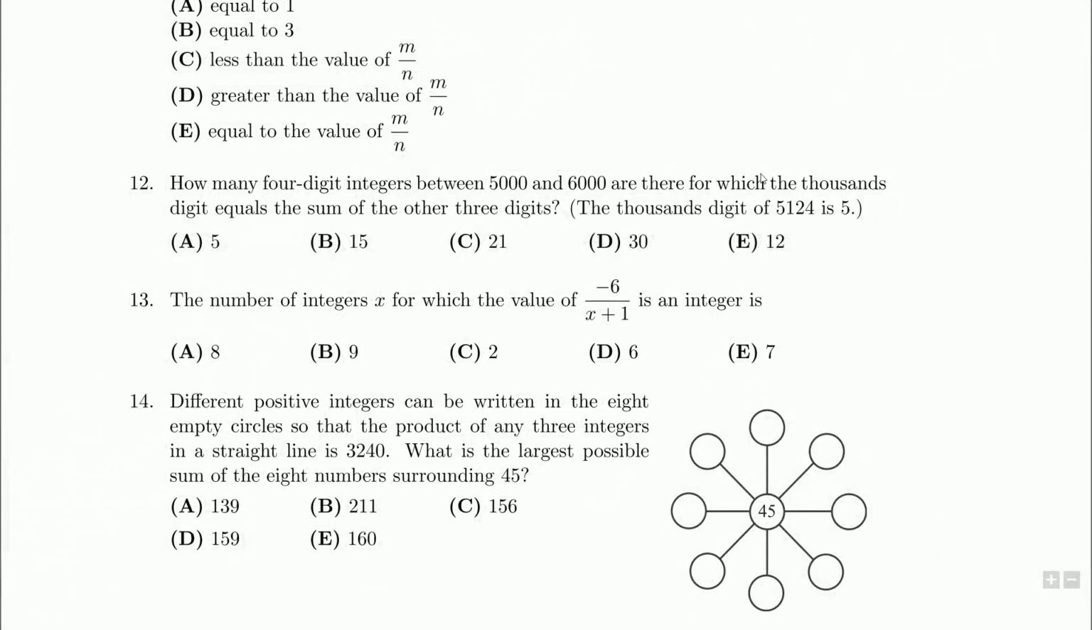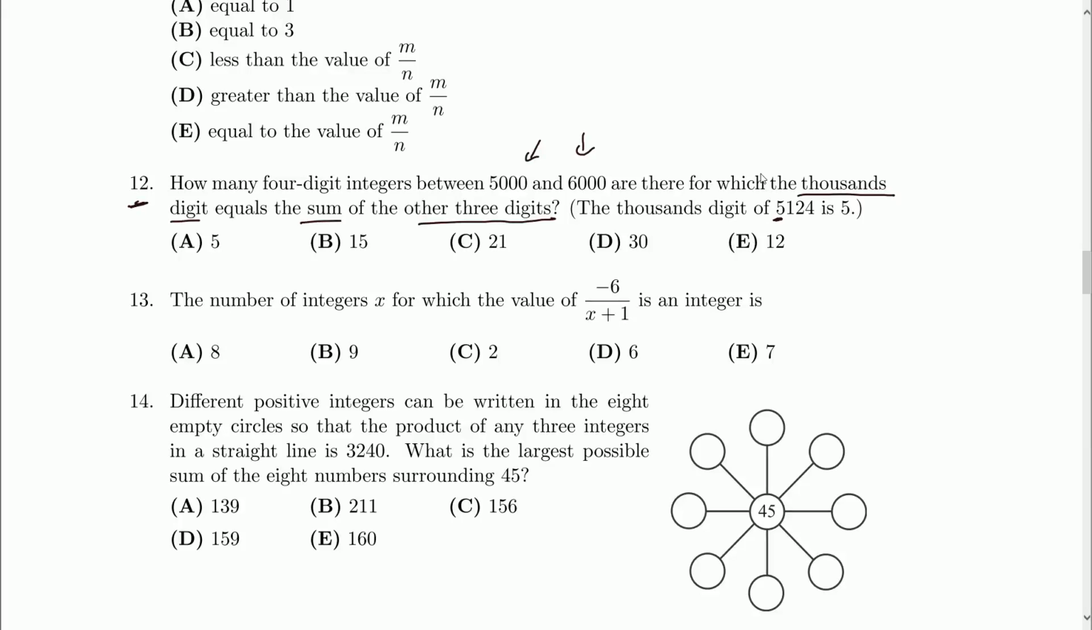We're looking at question 12 on our Fermat paper now. How many four-digit integers between 5,000 and 6,000 are there for which the thousands digit equals the sum of the other three digits? And if we didn't know what the thousands digit was, it's sort of the first one in this case. Alright, so integers between 5,000 and 6,000, it's kind of hard to tell whether or not they're asking,